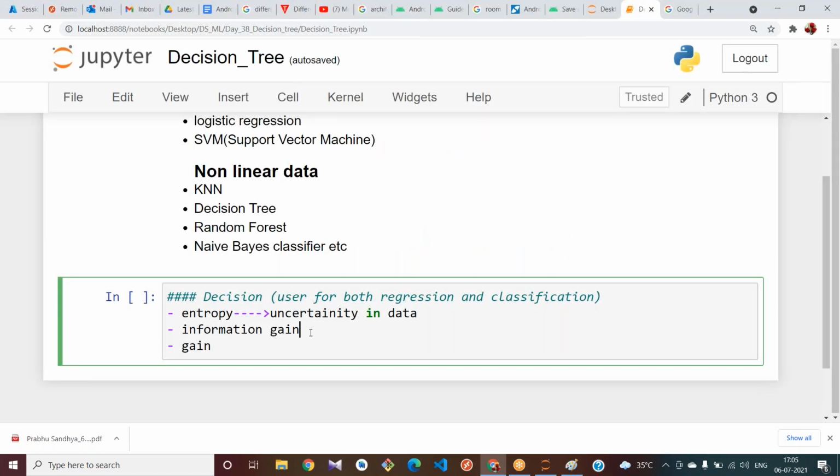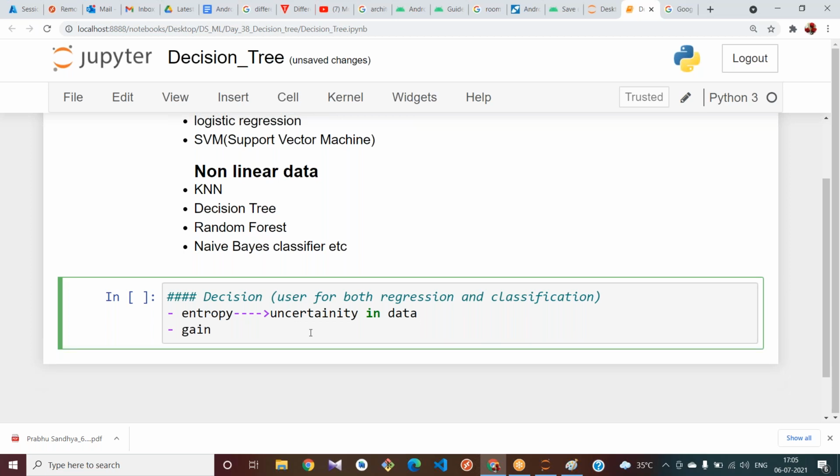Uncertainty in data. What is information gain, or gain? Information gain is the difference between the entropy before and after splitting the data.